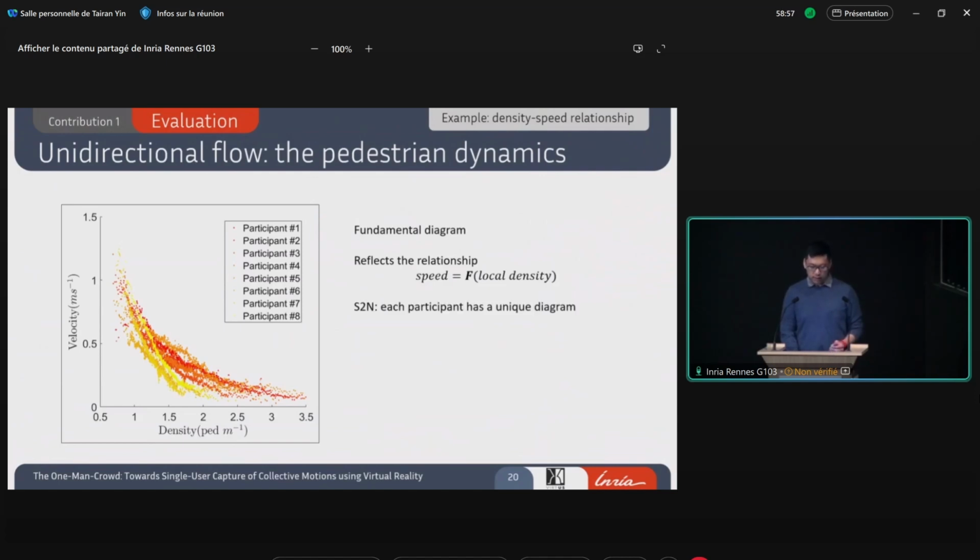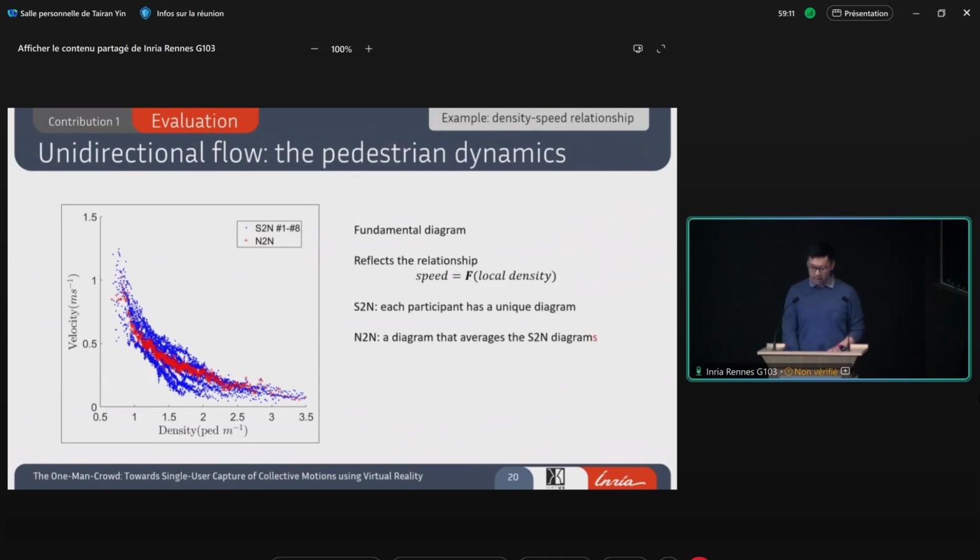And then if I just mix all of these results and compare it with the end-to-end procedure's result, you can see that the end-to-end results form a curve which locates in the center of the S2N's results. This indicates that the end-to-end does have the effect to average the pedestrian's behavior.